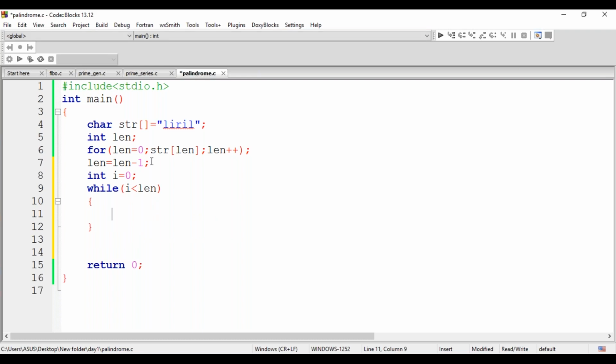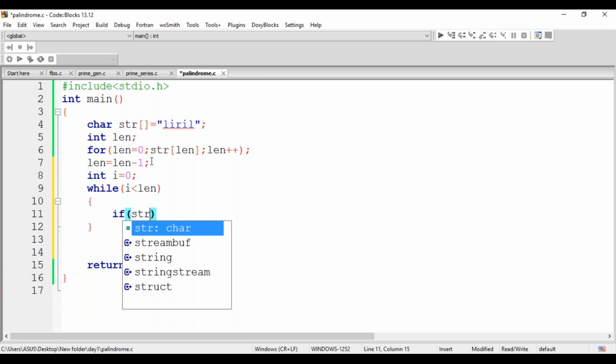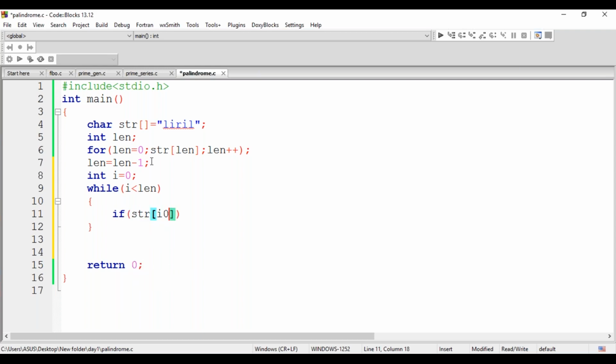Each and every time, I'm going to check if str of i is equal to, comparison, you're going to compare these two elements. We can check whether both the elements are equal, or I can check for not equal also.